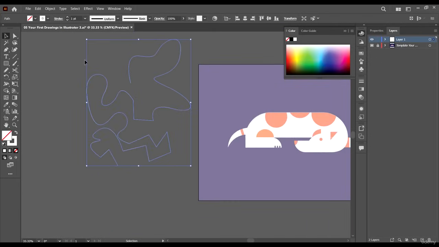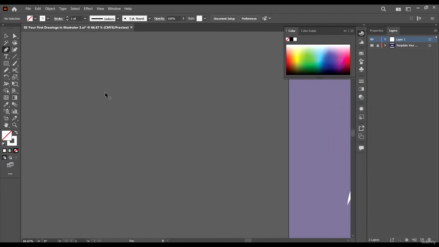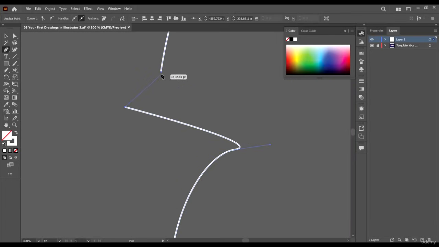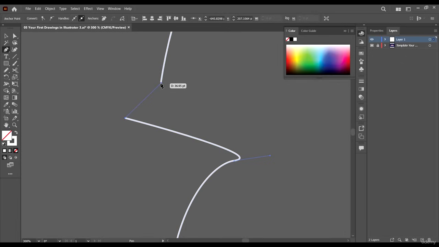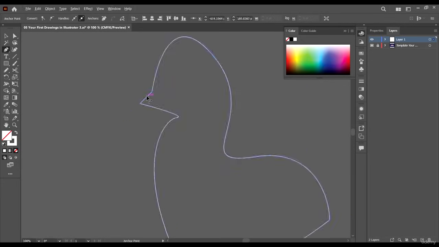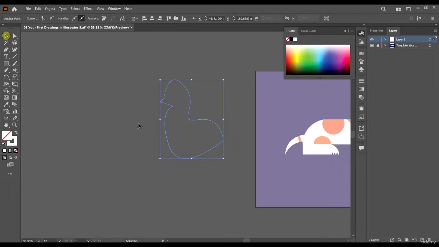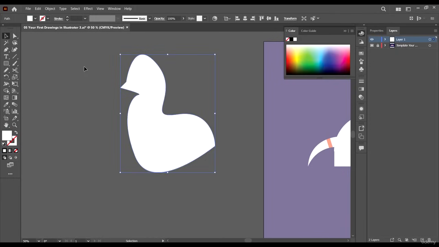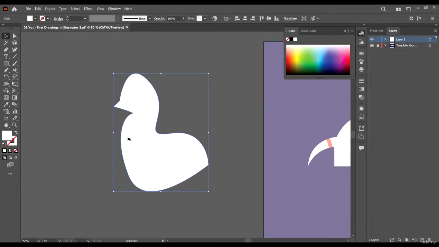Let's say we delete this, select the pen tool, and click and click. When we come to this point to close the shape, we will see this circular icon appear. This tells us that if we click, we will be completing the shape. When we click, it's going to join all the parts as one shape. If we select this and swap back, we see that we have our shape complete.